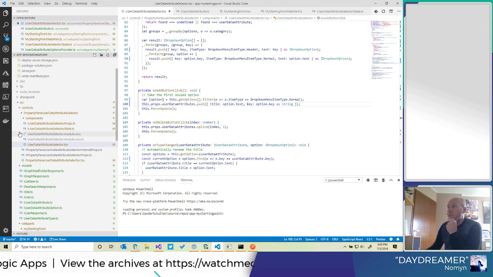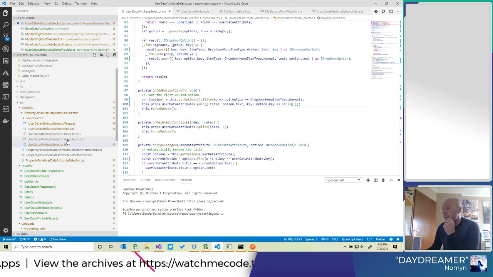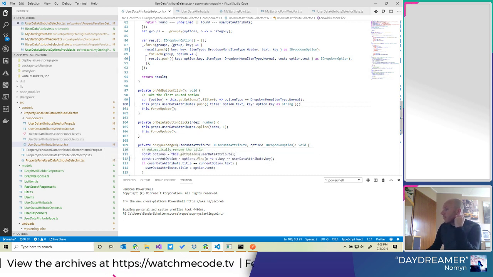So switching over to my desktop. First off, I want to get the Webpart in the state where we left it last week. So here in Visual Studio Code, I have the Webpart, which is basically React components with some SharePoint specifics inside of it.